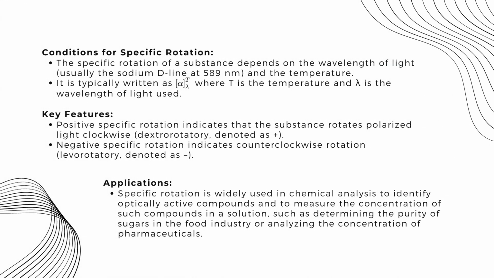Conditions for specific rotation. The specific rotation of a substance depends on the wavelength of light, usually the sodium D line at 589 nanometer, and the temperature. Key features. Positive specific rotation indicates that the substance rotates polarized light clockwise. Negative specific rotation indicates counterclockwise rotation. Applications. Specific rotation is widely used in chemical analysis to identify optically active compounds and to measure the concentration of such compounds in a solution, such as determining the purity of sugars in the food industry or analyzing the concentration